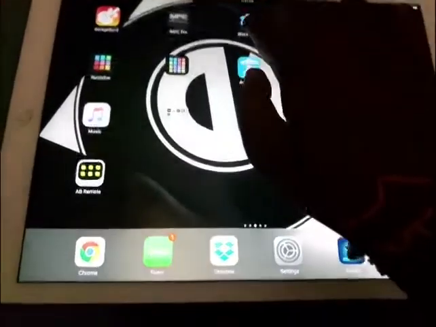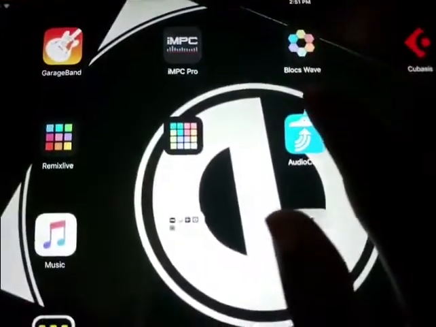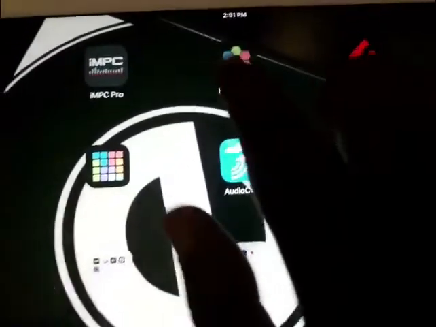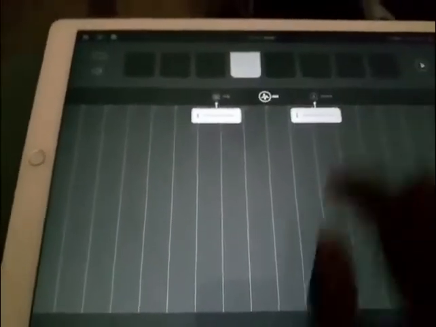Alright, let's start. So Blocks Wave looks like this. You can find it in the App Store, Blocks Wave. Touch it and it loads up. And what you have here are